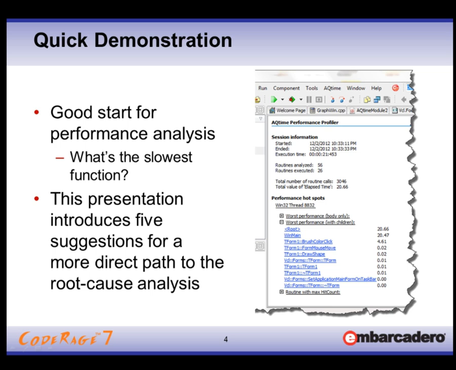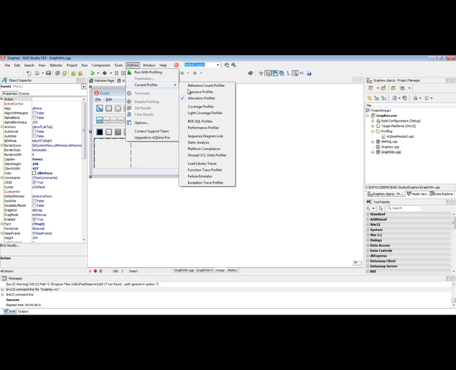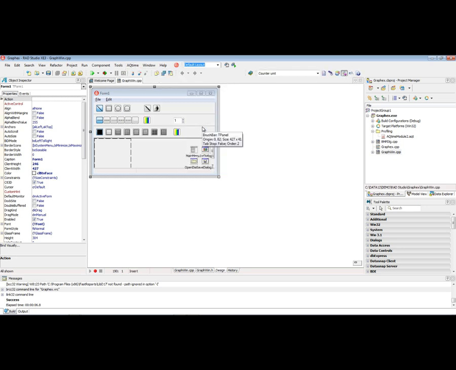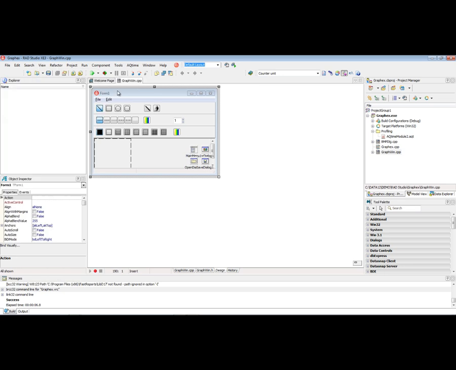So let's start RAD Studio. I have a very basic demo. I think it's part of the standard set of sample applications, and you can do some graphical editing with it. You can find AQtime on the top menu, and you can, for example, select the type of profiling you want to do. AQtime is also integrated into the RAD Studio view, so you can, for example, manage different performance runs